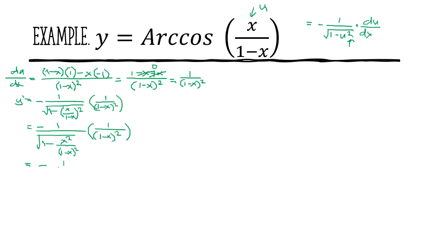So we have negative 1, finding the LCD of this one. So we have 1 minus x squared, we also have 1 minus x squared, minus x squared, times the derivative of our u with respect to x. So we have 1 minus x squared. And then we can still again simplify the denominator by expanding the binomial here inside the radical form, or inside the square root. So we have